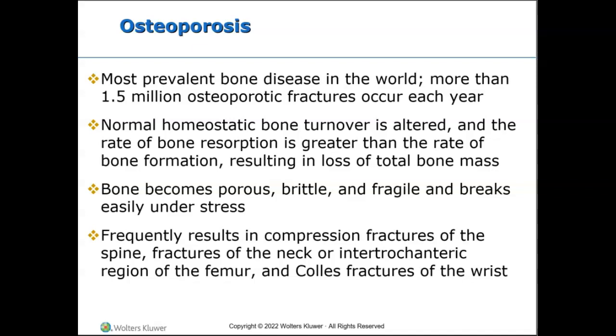So we see what? Hip fractures, spine fractures, wrist fractures, right? They're the most common injury in older adults. Everyone inevitably will experience a gradual loss of bone mass, right? Generally beginning at the age of 35. After growth is complete, women ultimately will lose 30 to 50% of their bone density, and then men lose about